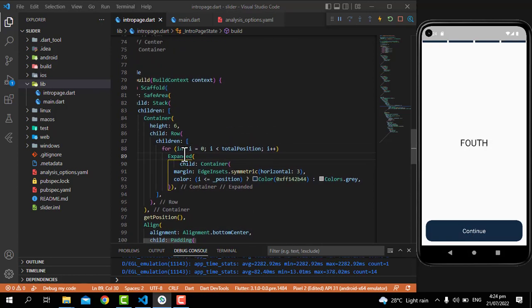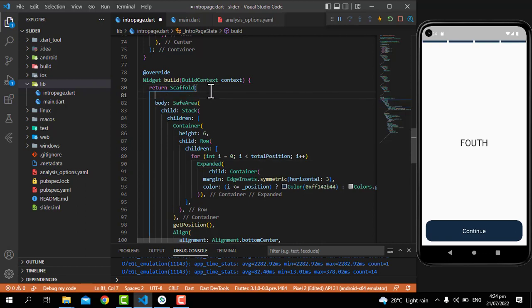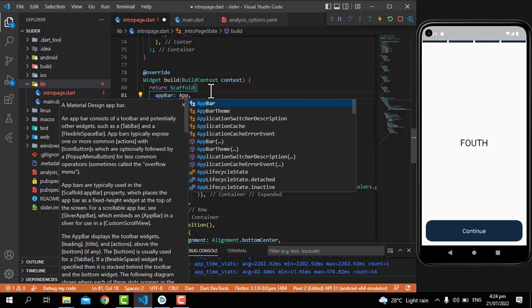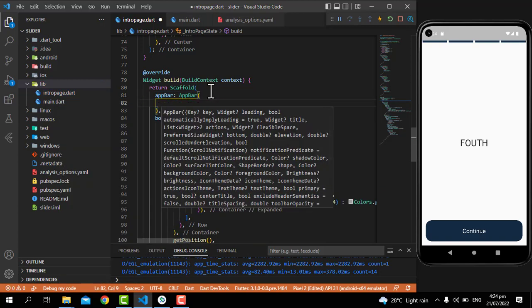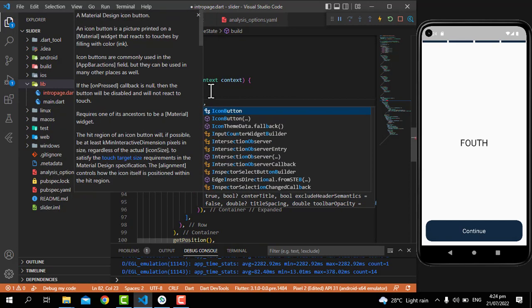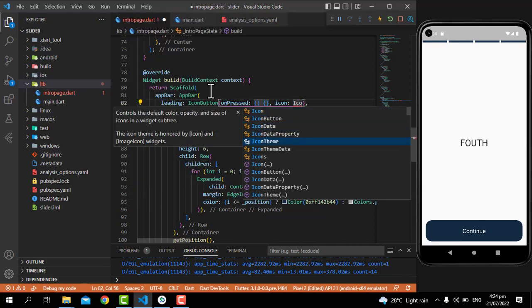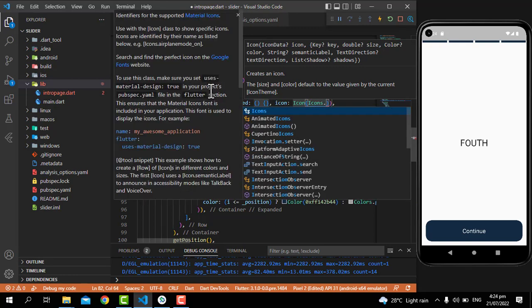Perfect. Now let's make it better, and just write here the AppBar. Let's create the AppBar, so that if we click on it, let's see what we can do with this. So what I'm going to write here in the AppBar, I'm going to write here the AppBar again. In the AppBar I will write here the leading, I will write here the IconButton. IconButton needs a onPressed and one icon, and this icon should be Icons dot